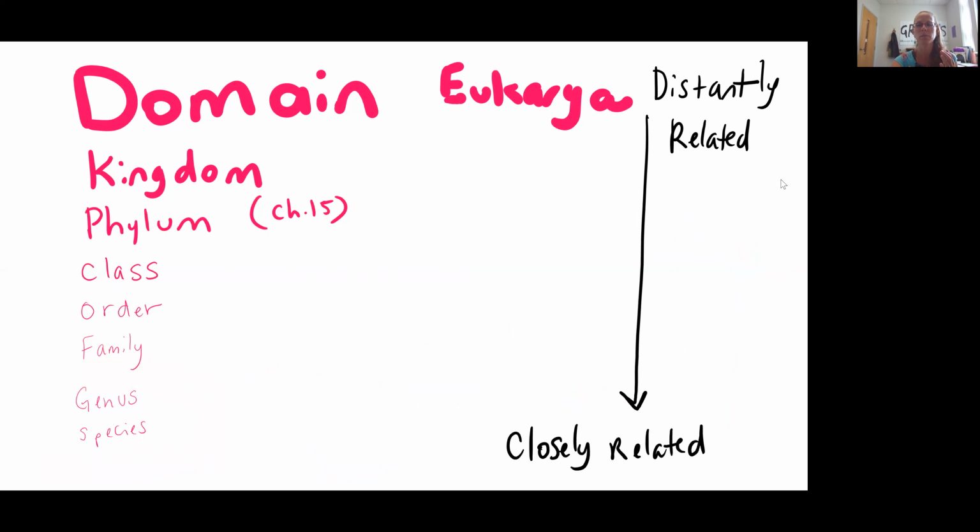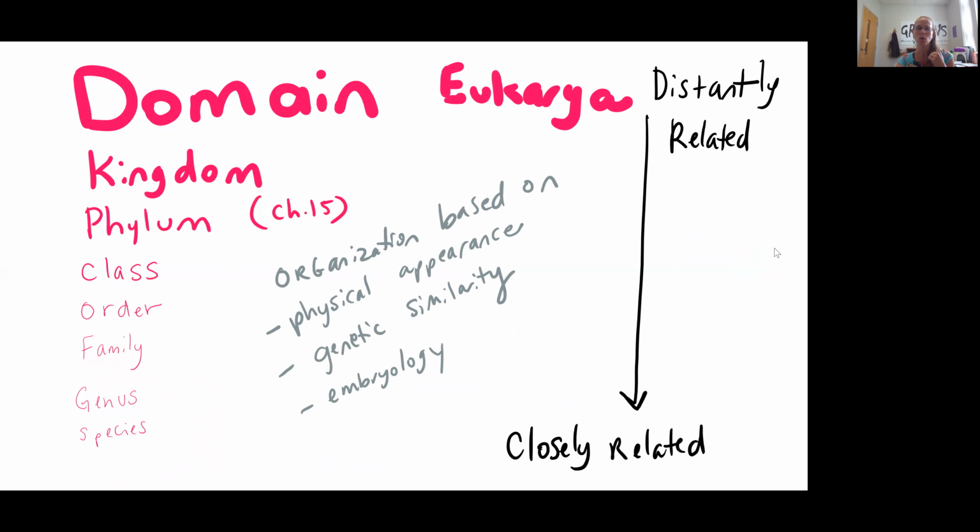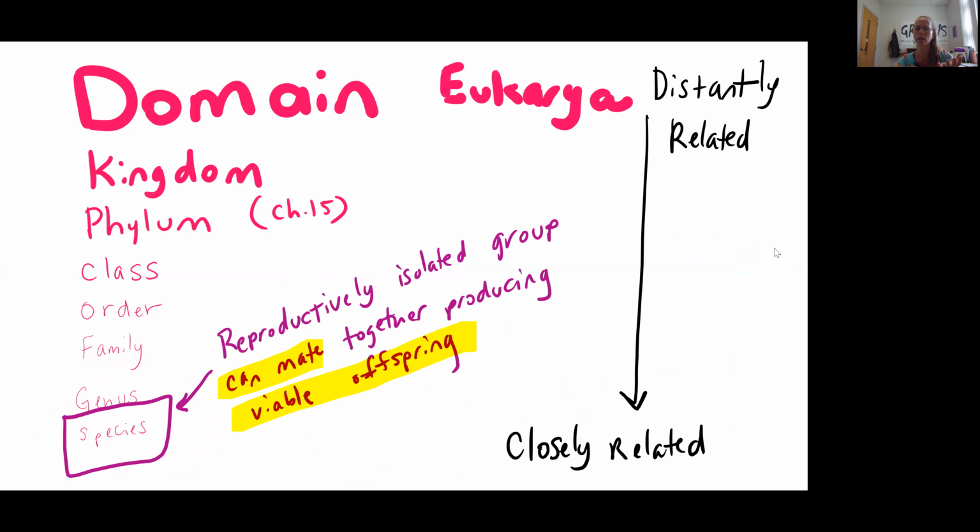When we're talking about species, we're really talking about a breeding group, so they can share and mix genetic information. There are lots of different ways to define species, and this is kind of a loose definition that is changing, is flexible, depending on who you talk to. But for the most part, biologists follow what's called the biological species concept, which means that it's a reproductively isolated group. So this means that they can mate together and they can produce viable offspring.